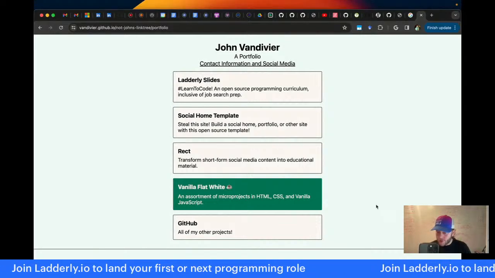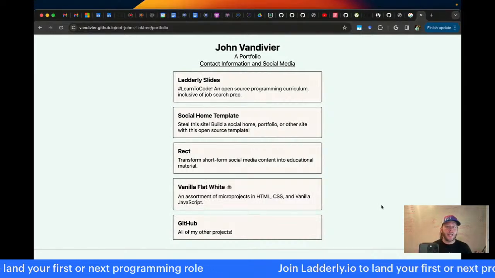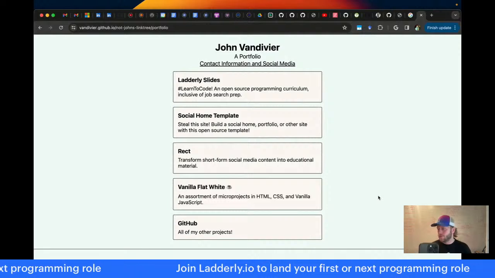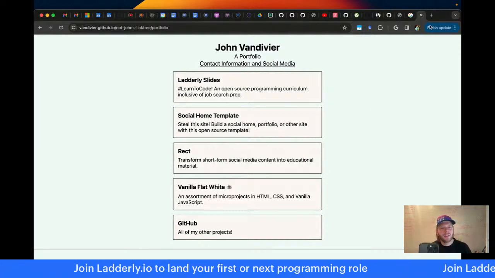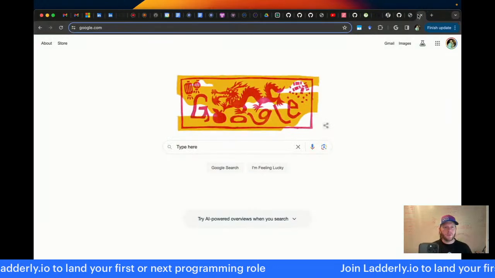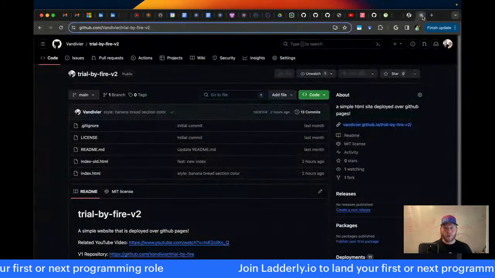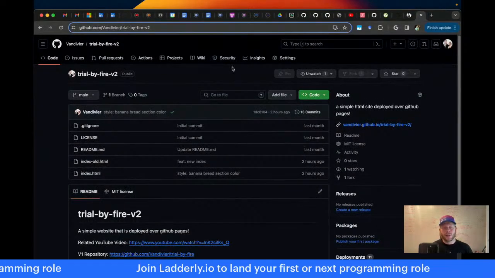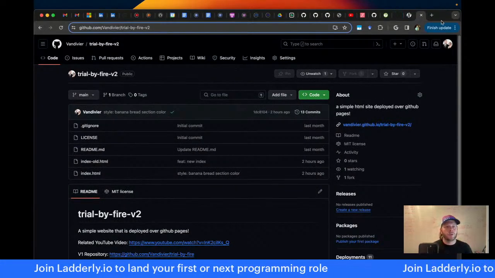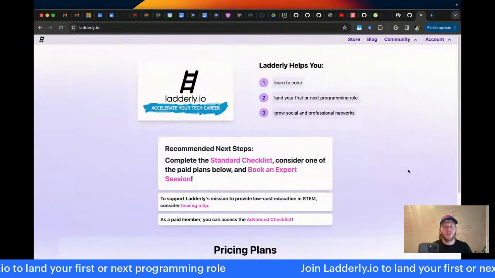How much can someone who knows HTML make? Not very much. Knowing HTML by itself is not going to be very useful. You might be able to build emails, maybe. But I would encourage you to learn CSS and JavaScript as well. Frankly, I'd encourage you to learn full stack development with TypeScript, which is the main curriculum recommended on the Latterly